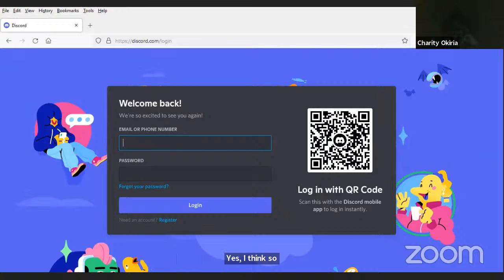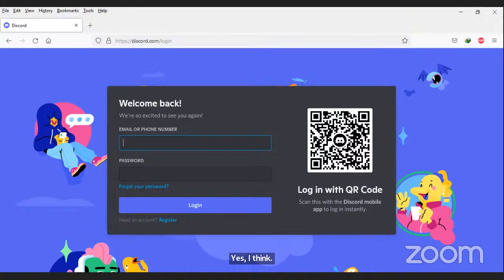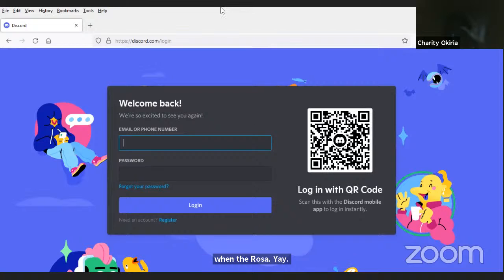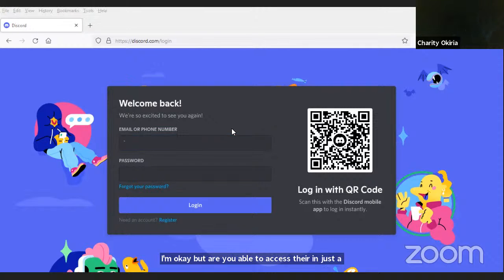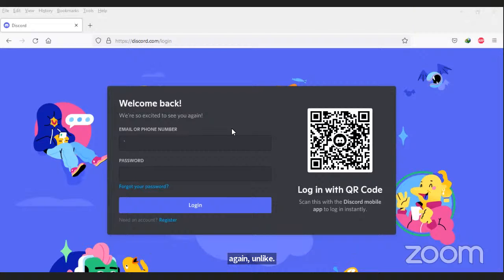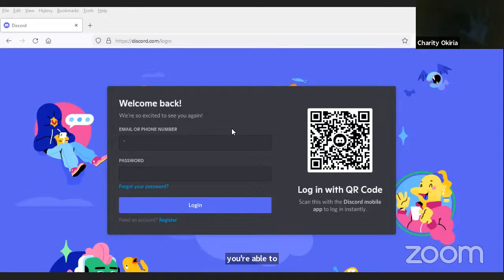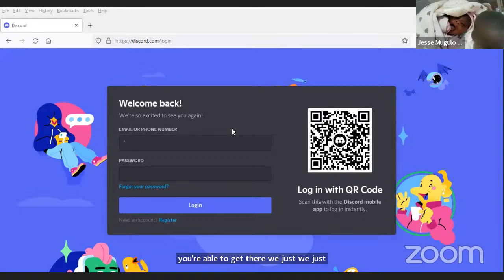So even when you use it online, it does not work, like on the browser? Yes, it never works. Okay, but are you able to access the register tab again? Yes.